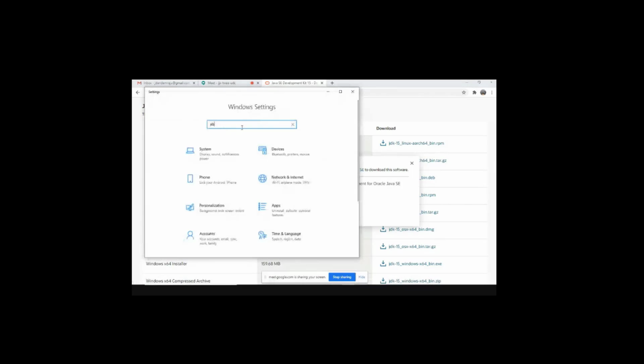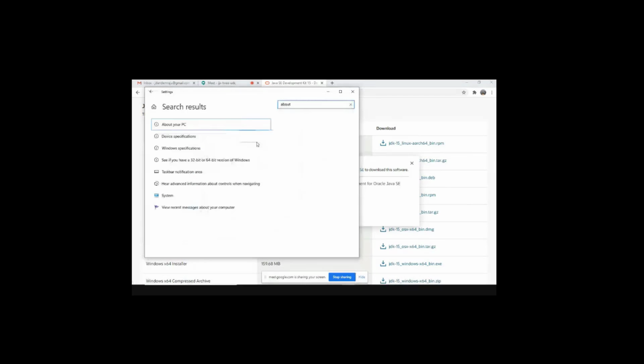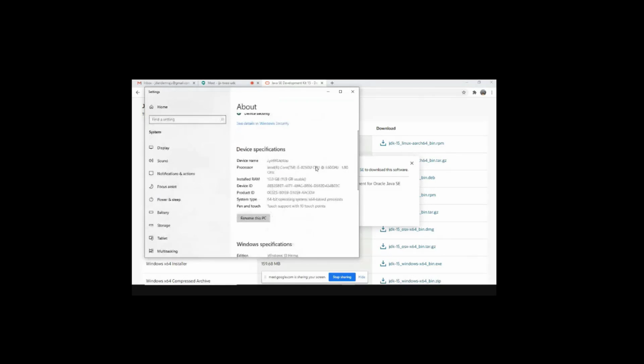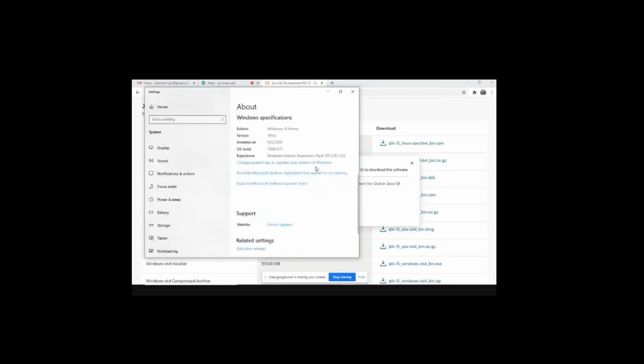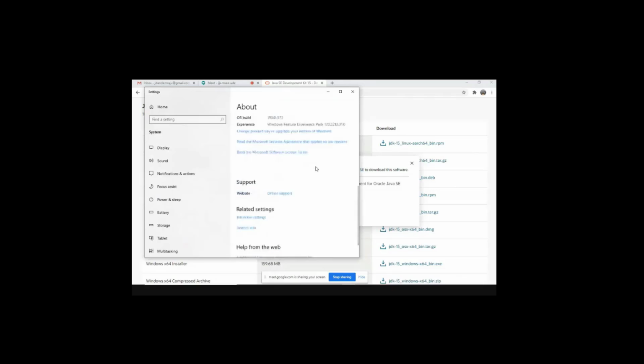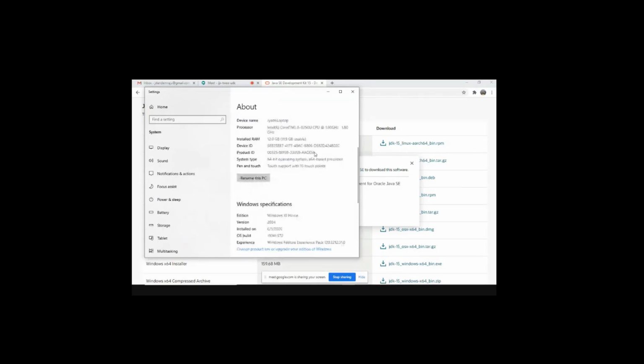And then System. Yeah, go to About. It's Windows 10 and 64 bit, right? Right. Everything is good.